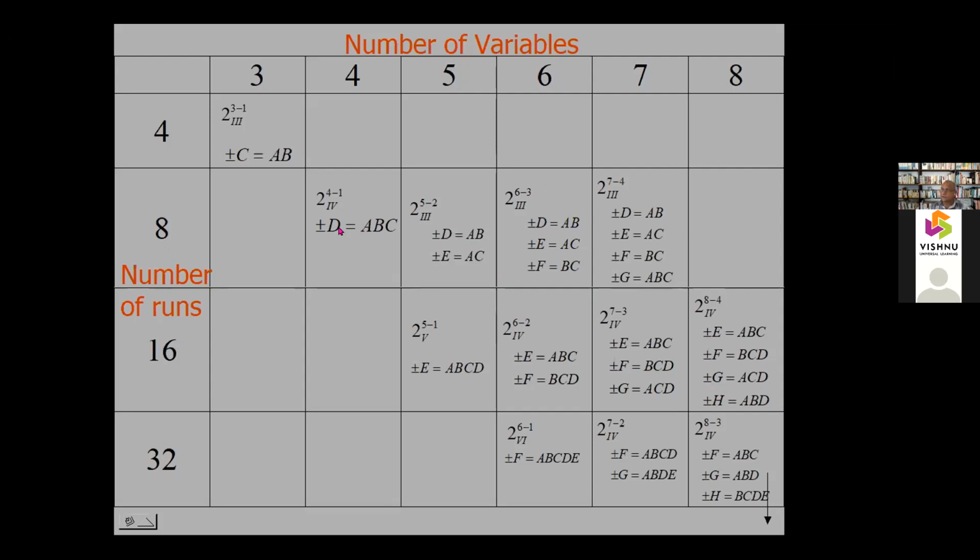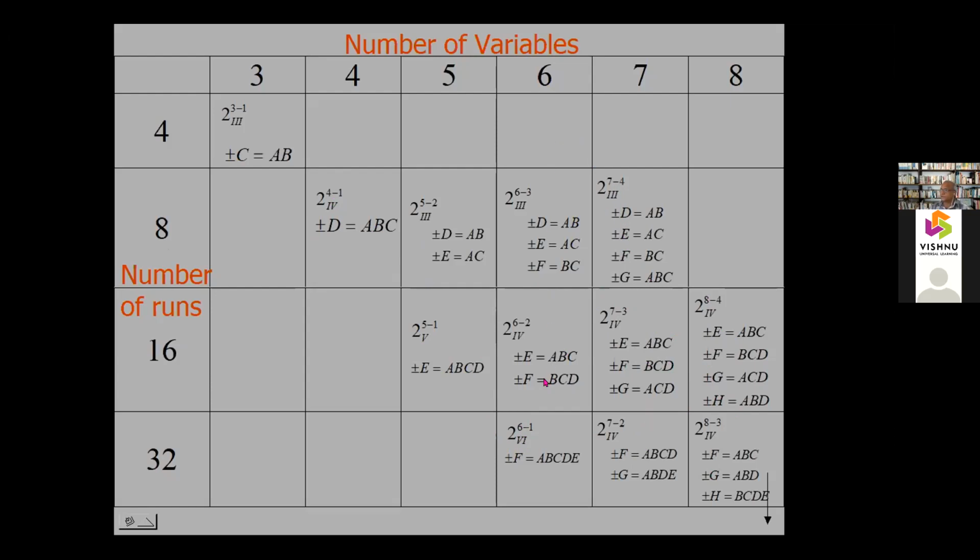So here, this is resolution 4. Resolution 5 you can choose safely. Only two-factor interactions may be aliased with three-factor interactions. That's all. So with resolution 5, there's not much danger. Resolution 6 is always good, better than 5. For resolution 3 and 4, you have to be a little careful.